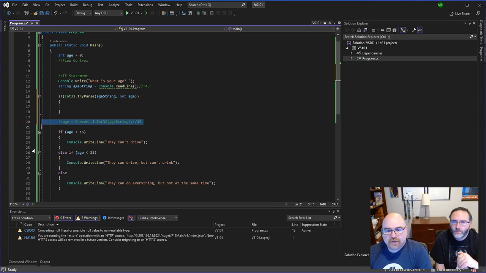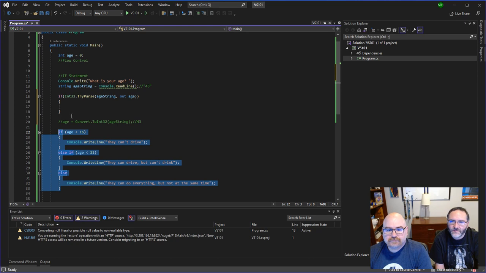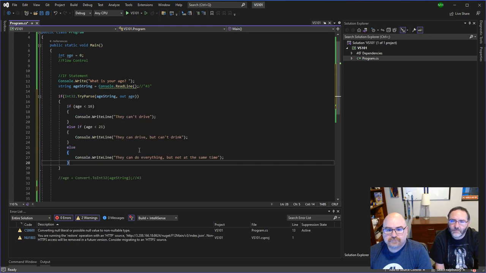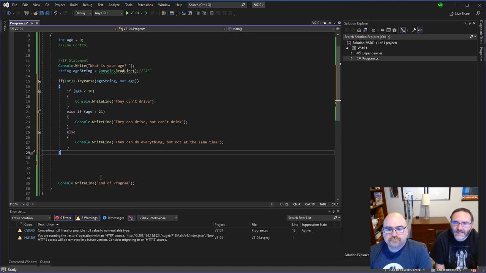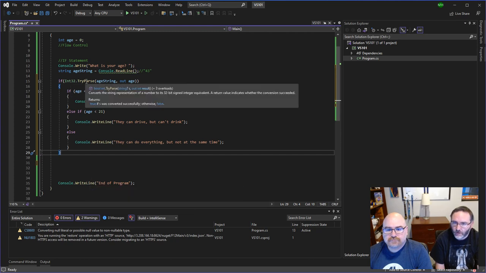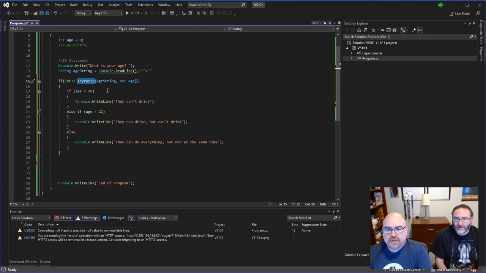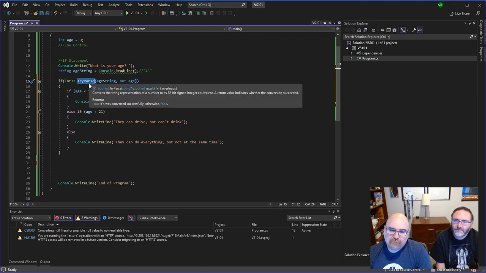So we no longer need line 20. Yes, and we can take our entire if statement from like 22 to 33. Okay. And we can put it inside of this other if statement. So we can cut and paste it in there. Now what happens is when it hits line 15, where we have our new Int32.TryParse, parse is a fancy word for convert to the correct format. So we literally read that as try to convert it to an Int32. And this is a method. We don't need to know anything more about methods